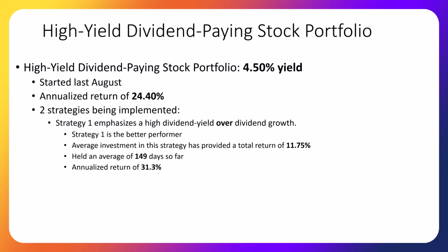Now, 2 strategies are being implemented in this portfolio, as you'll see on the next few slides. Strategy 1 emphasizes a high dividend yield over dividend growth and has been the better performer so far. The average investment in this strategy has provided a total return of 11.75% and has been held for an average of 149 days so far, which is an annualized rate of 31.3%